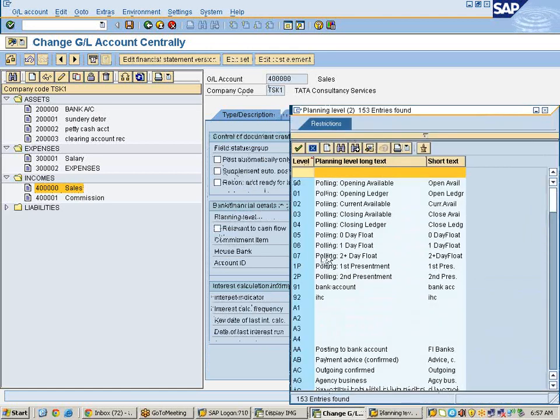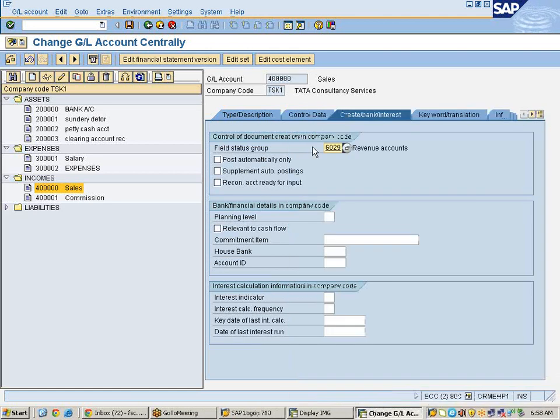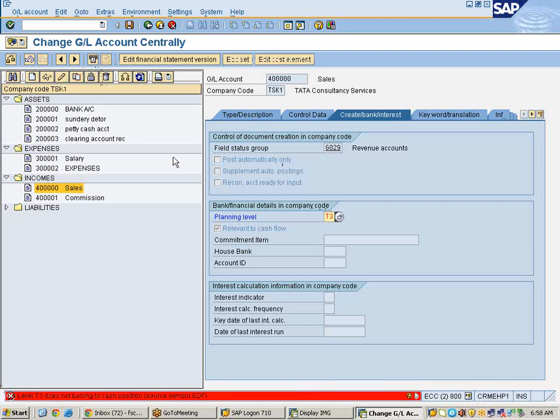The planning level which we have designed for sales and distribution, that is T3. Again check relevant to cash flow. Oh sorry. Second it should only check as relevant to cash flow.